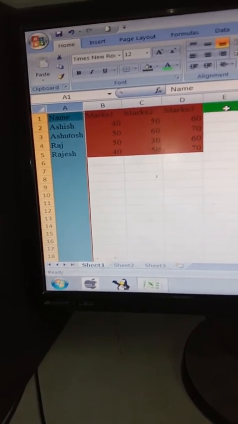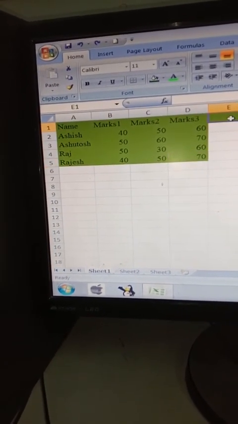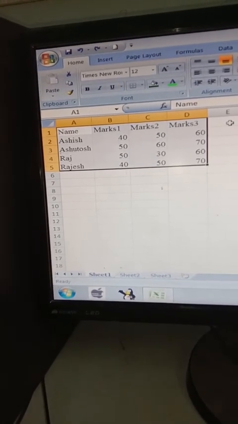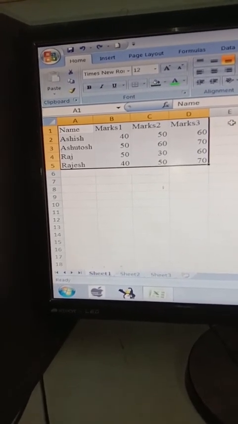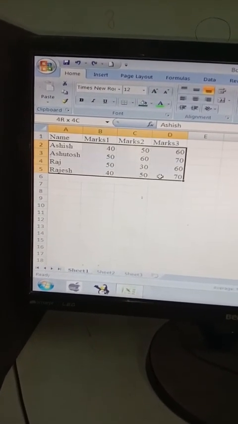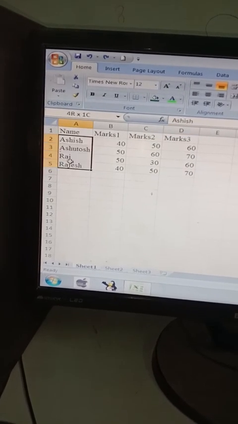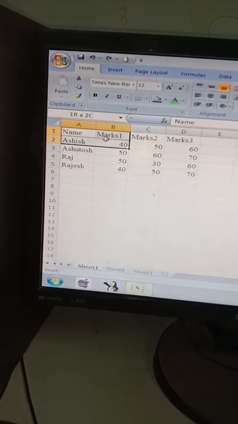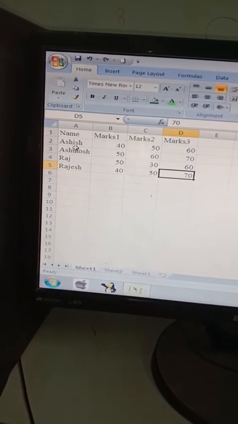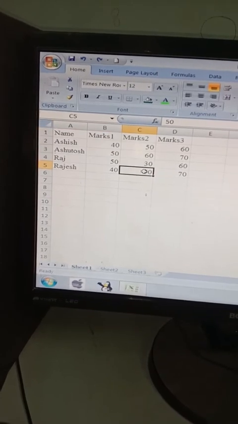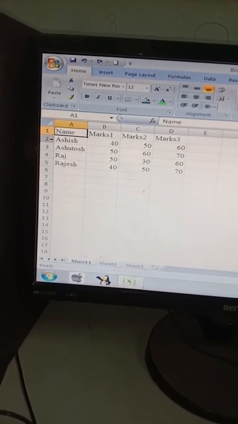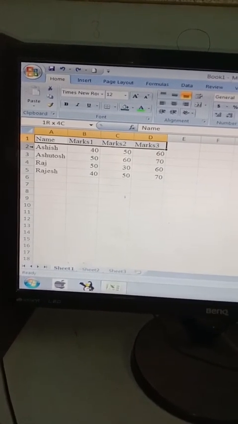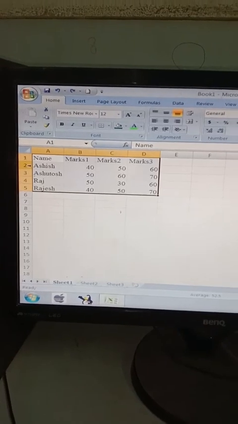Now adding a border, you can add the border also. I am just pressing the undo button to show you how to apply the borders over here. In order to apply the borders, what we have to do is just select the text over here. I think the mouse isn't working properly, so now I am doing it with the help of the keyboard. I am selecting the content over here. So look, I have selected with the help of the keyboard.